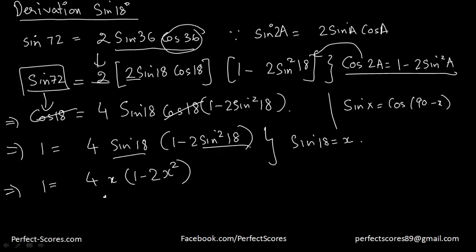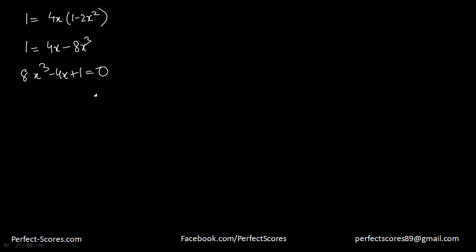Now if I open this up, what will I get? 1 is equal to 4 times x into 1 minus 2x square. Opening this up, this is going to be equal to 1 is equal to 4x minus 8x cubed. That means if I just rearrange this, this is what I'm going to get. Now I have to break this up into different parts, so let's go ahead and break this up. So this is 8,